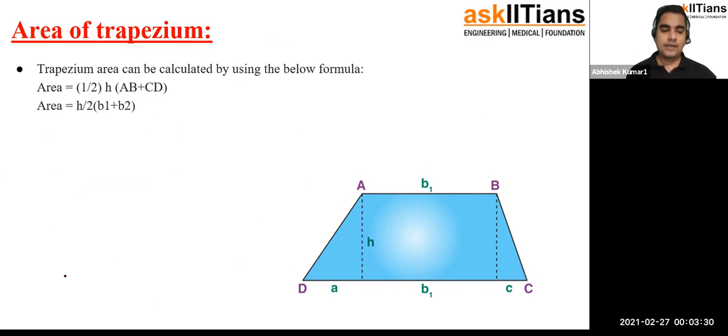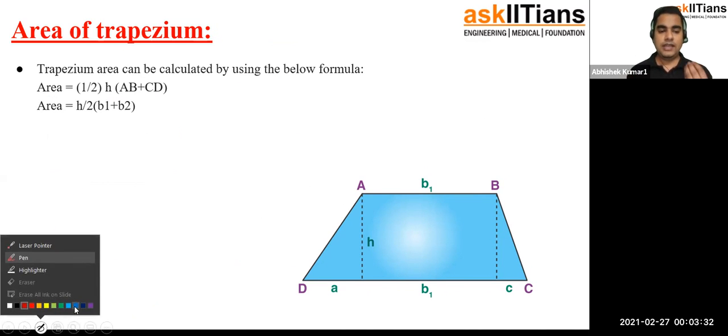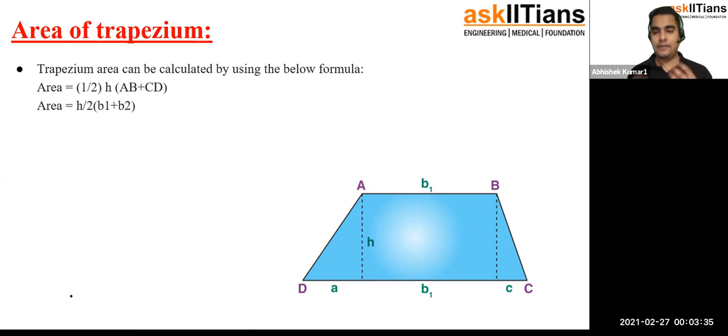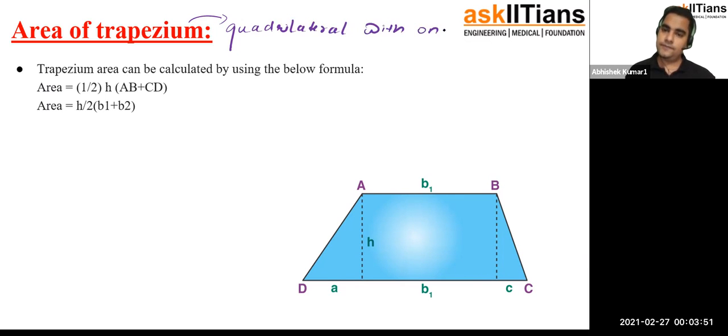So what is a trapezium actually, or what is the property of a quadrilateral which makes it a trapezium? If I have to say it another way, trapezium is a quadrilateral with one pair of opposite sides parallel, isn't it? So if you have a quadrilateral which has one pair of parallel opposite sides, then you can say that that quadrilateral